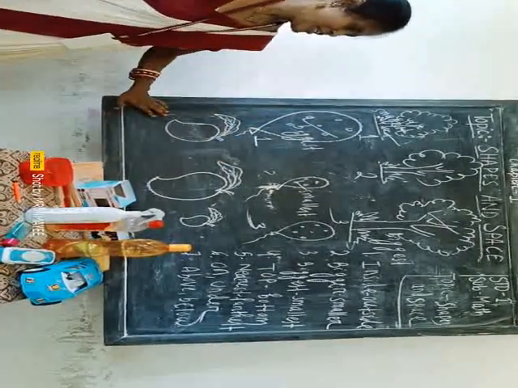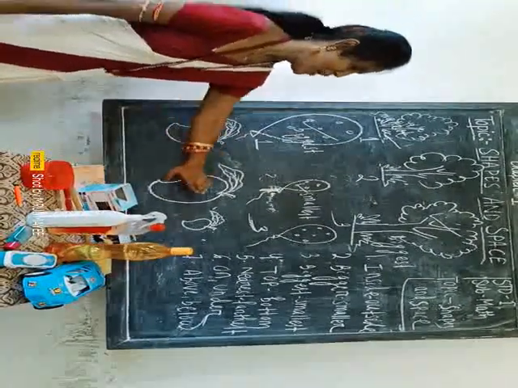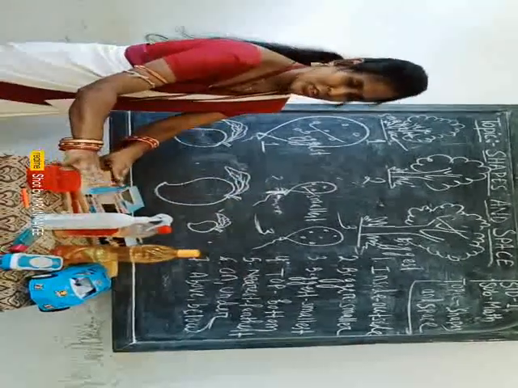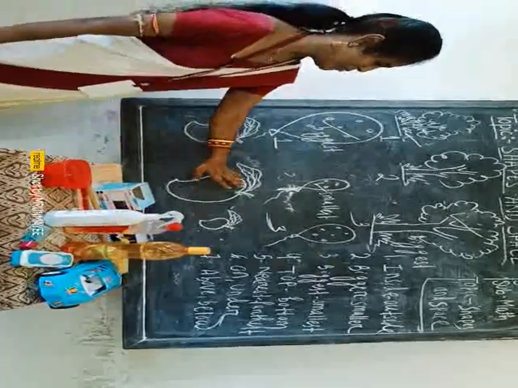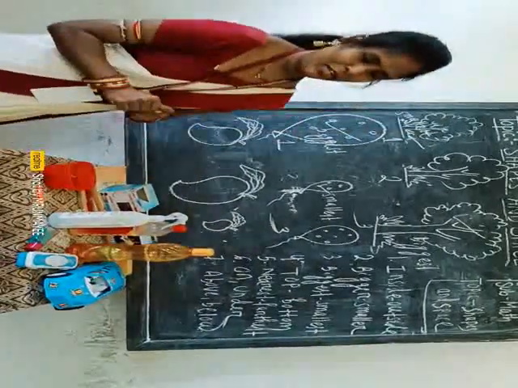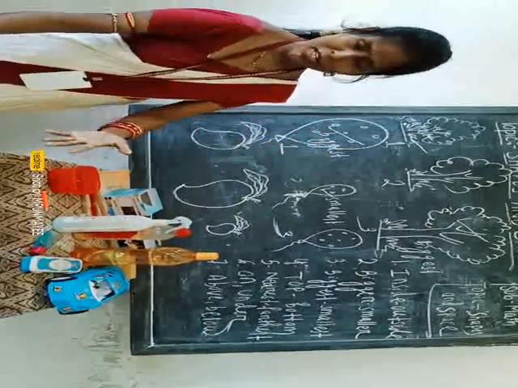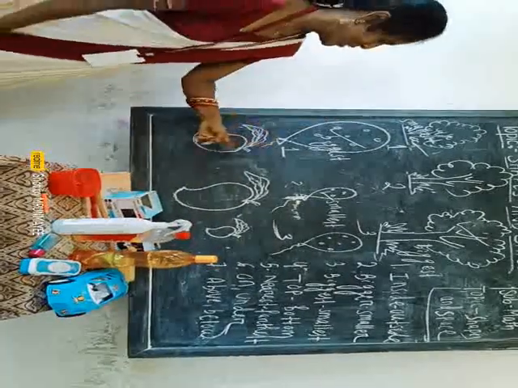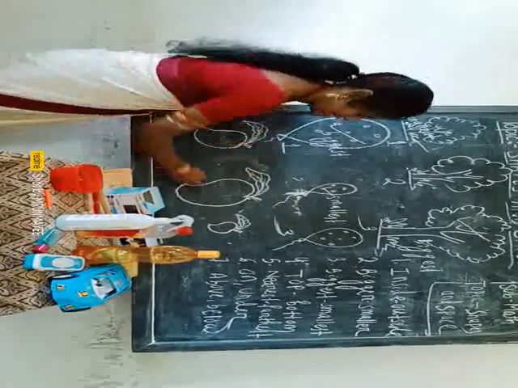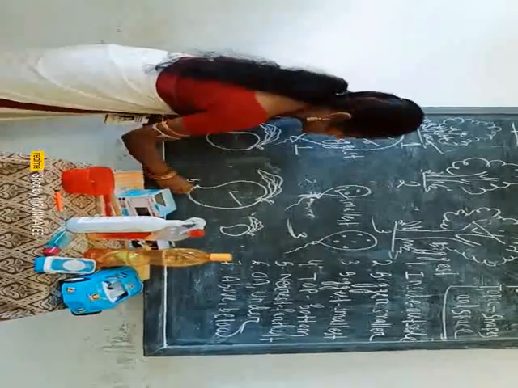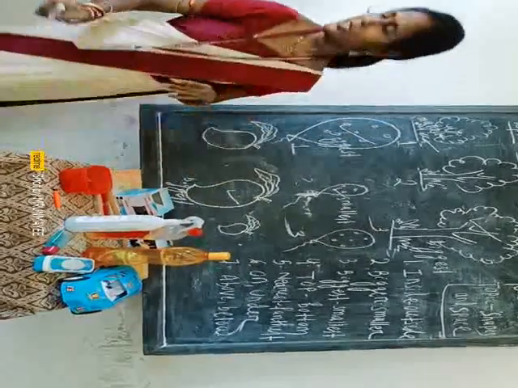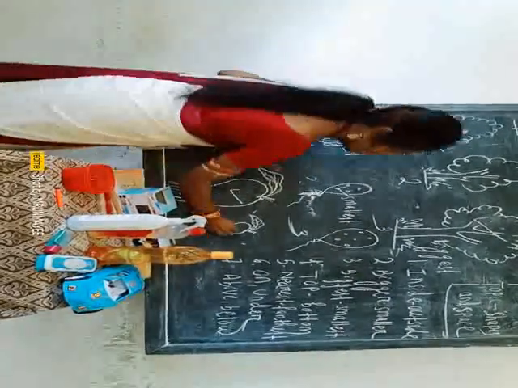So now, and here is your what? Mango picture I have drawn. Okay, how many mangoes are there? 3 mangoes. So tell me, students, which one is the biggest? You tell. I will not tell because already I have given you 2 examples. So now you tell me which is the biggest. Yes. Very good. This is your biggest. Then which is the smallest? Tell me. Yes. This is your smallest.